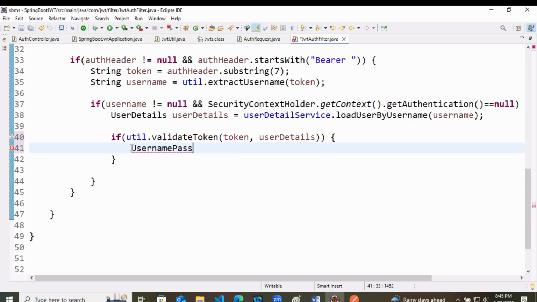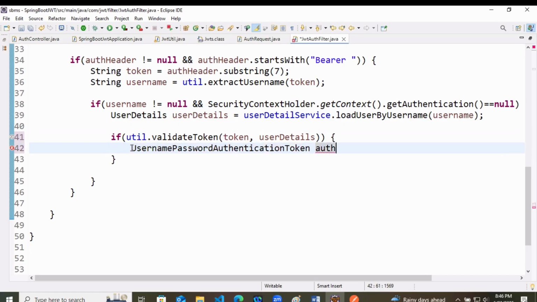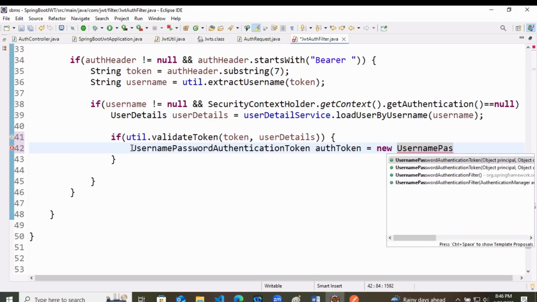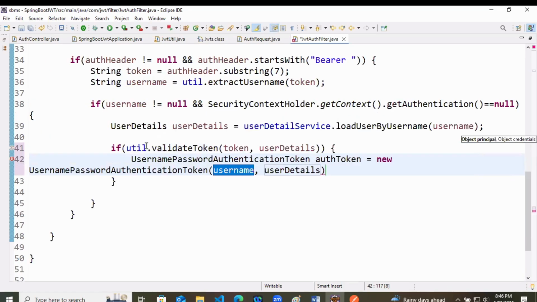UsernamePasswordAuthenticationToken, authToken equals, meaning we are trying to create a new token here. That is new UsernamePasswordAuthenticationToken, and it will take some things like the username and user details, but we are not going to provide them directly. We will provide them like this. First, we will provide the user details.